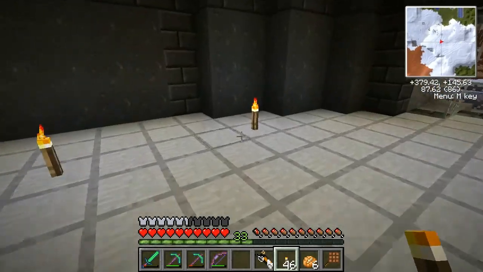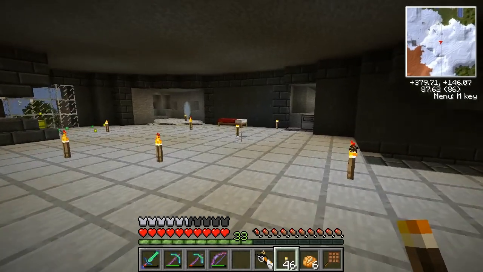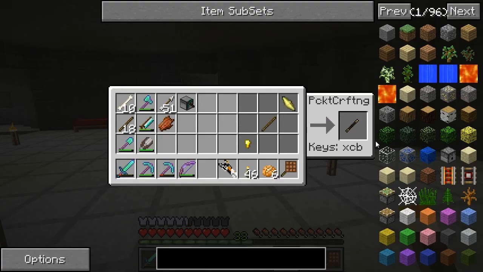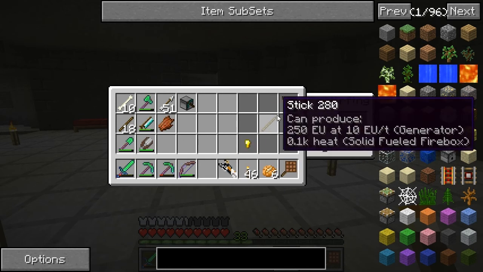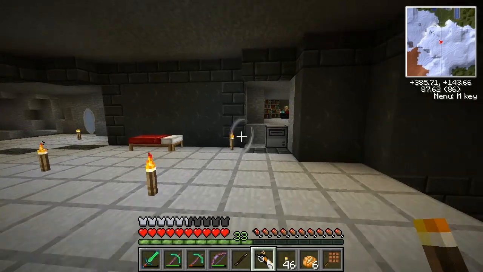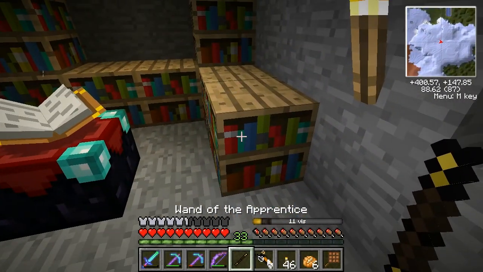Anyway, for the end of this episode, I think we want to get started with Thaumcraft stuff, because Thaumcraft stuff's all really nice. This is the gold nugget, stick, air shard to make a wand of the apprentice. And then if we come over here...